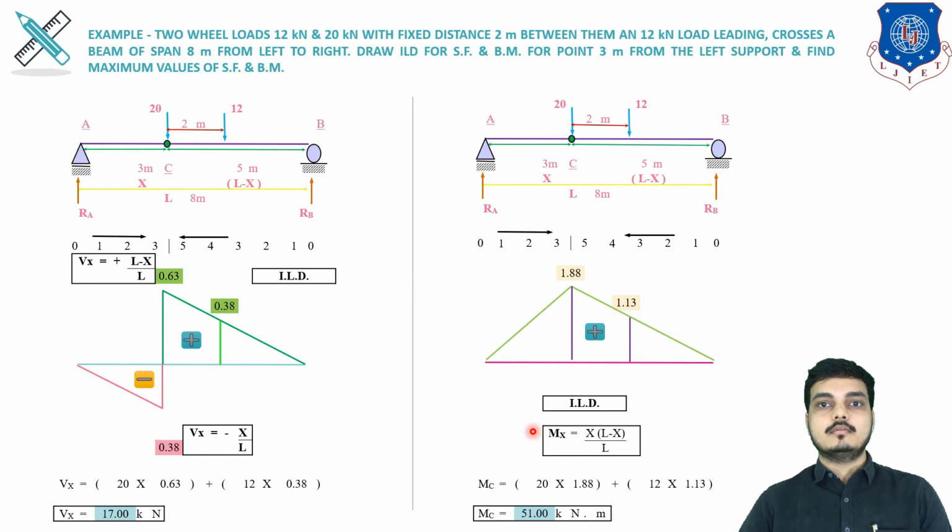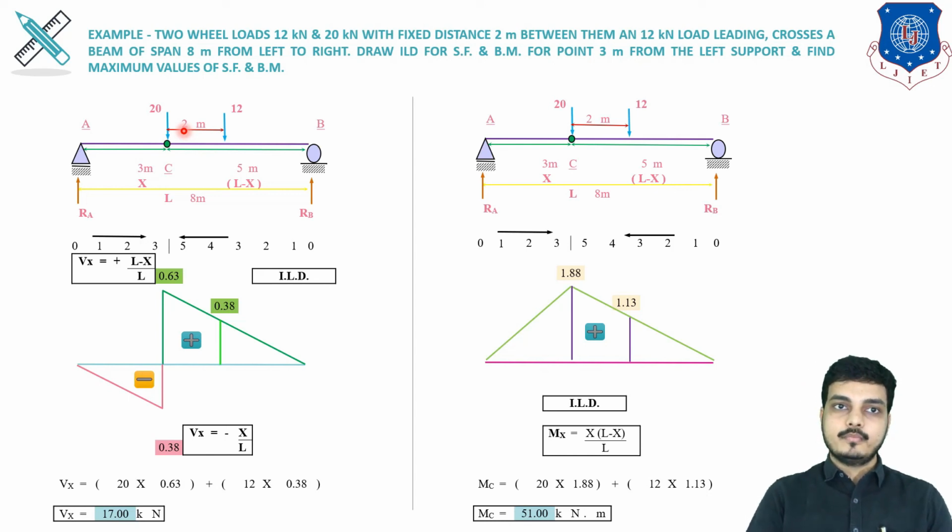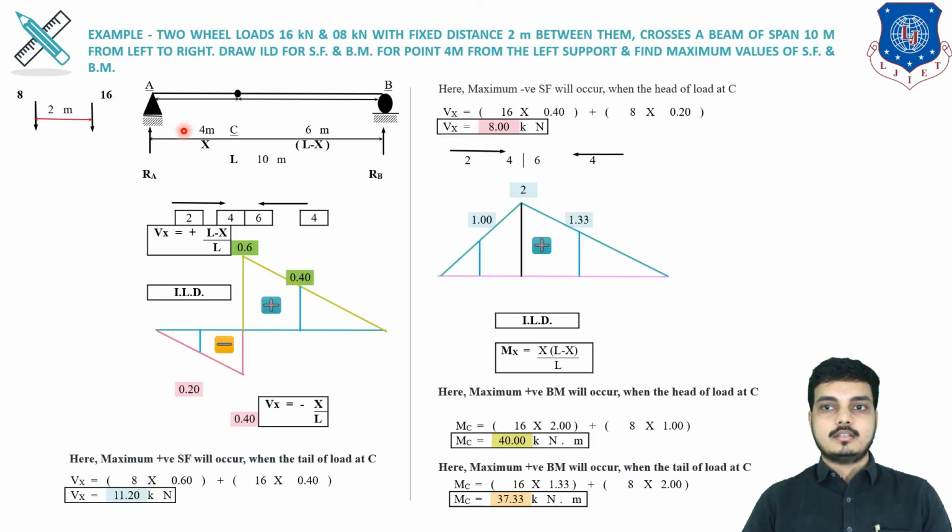So let's have a quick revision. We have just placed the loads to get maximum bending moment and shear force. Now with better understanding, you can find it out. So please make sure to find the maximum ordinates. We have to multiply them with the maximum loads. Means to find the maximum shear force, we have to multiply the maximum ordinate with the maximum load. Always try to multiply like that, to get an easy and fast answer.